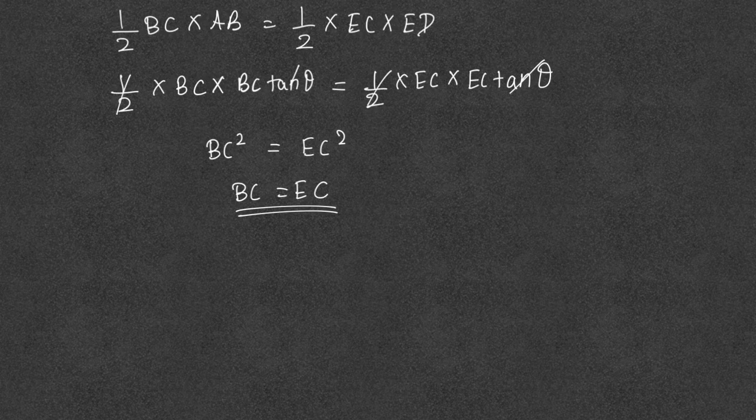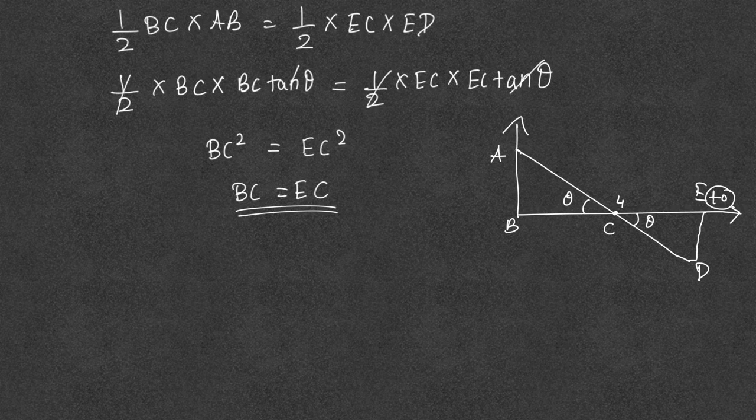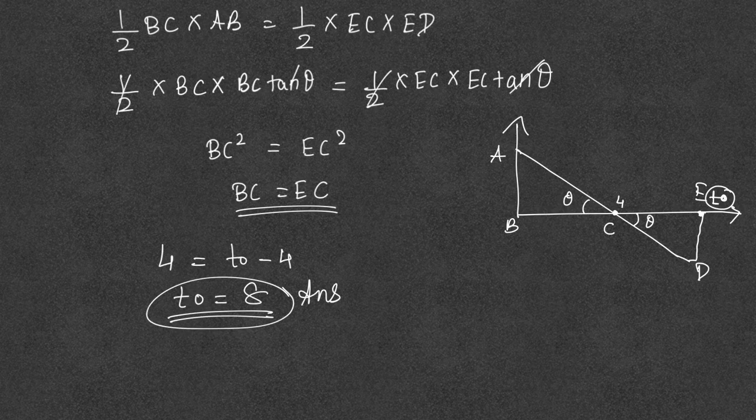Now what is the value of BC as seen in the triangle? As we know, BC is 4 and EC is this right over here. EC is t0, whatever point we take over here, minus 4, that is t0 is equal to 8. So this is the answer, and we can find the same 8 again over here, as these two triangles are congruent, that is theta theta, and the side and the area is same. So we can take BC is equal to CE. So if this is 4, this is 4, so the total is 8.